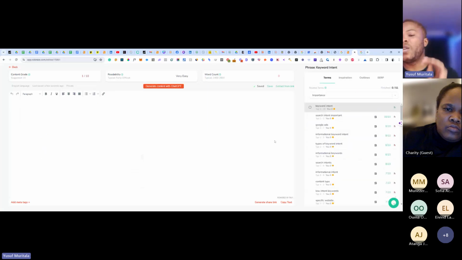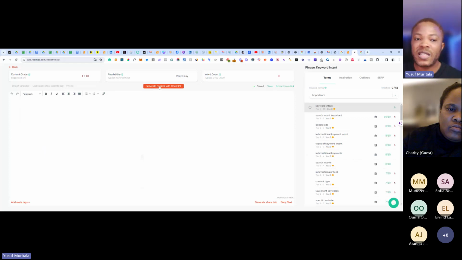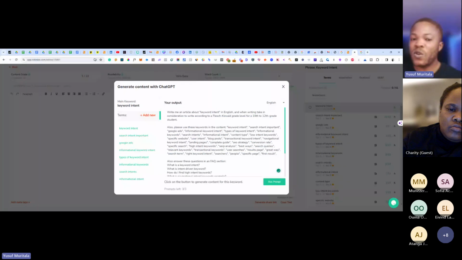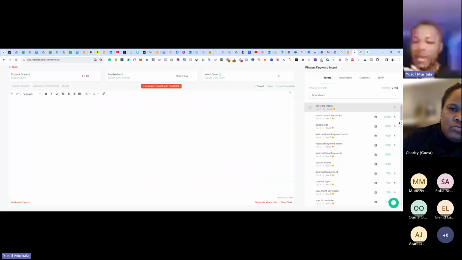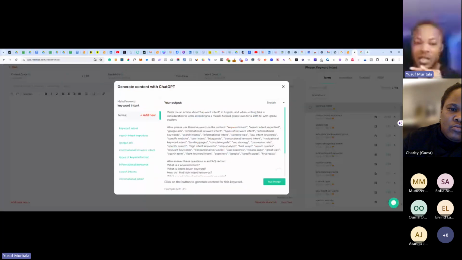So now this tool also gives us the ability to use ChatGPT to write the content, right? So it says here, generate content with ChatGPT. So once we click it, you can see here that all of the keywords that it showed us here have been translated into a prompt.